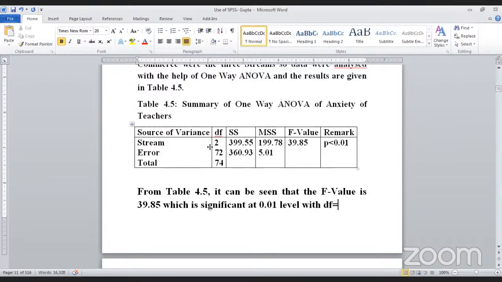One for the stream, other for the error. So you can write like this, 2/72. This is one way to write. Another way to write is